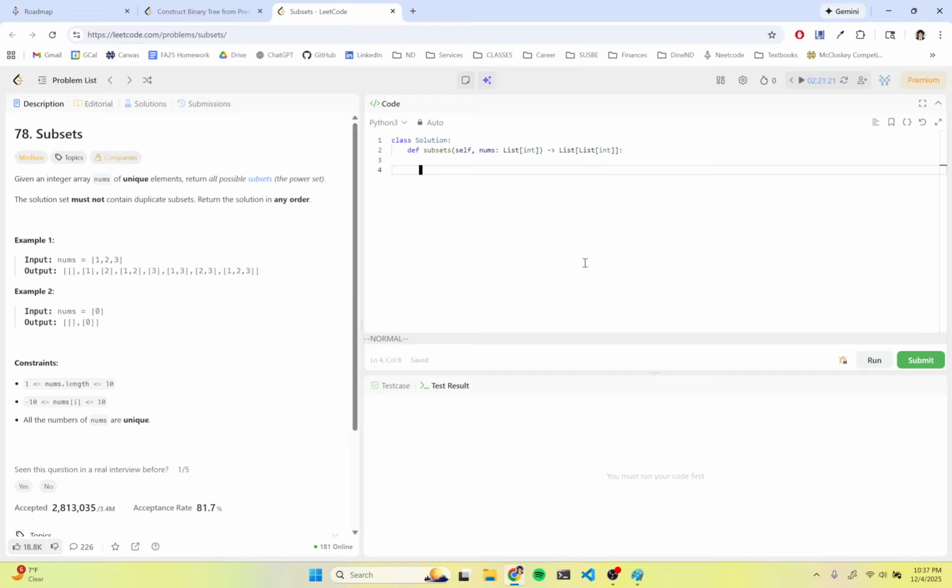What this question is saying is, given an integer array nums of unique elements, return all the possible subsets. So basically the power set of the main set. And it must not contain duplicate subsets and return in any order. Awesome. So I know there's a Python